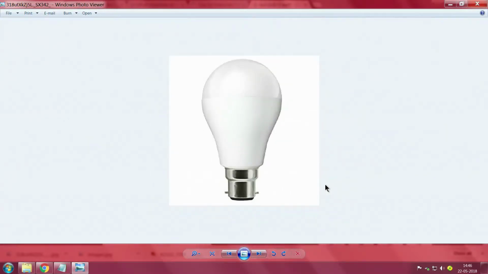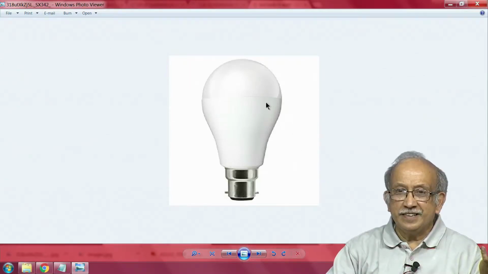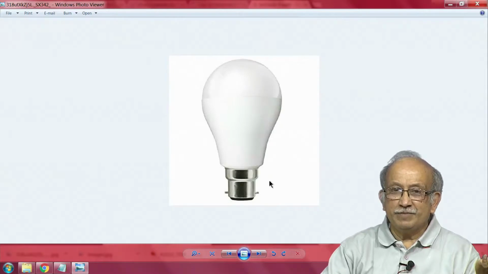In the parts of the country where this is being recorded, we have the old bayonet type of cap, and you see here this material is a heat proof opaque material. The advantage of this opaque material is it can hide all the electronics inside, and then we have a translucent material, an opal type of material which can diffuse the light, so that it looks a little like the regular bulbs which you see there.